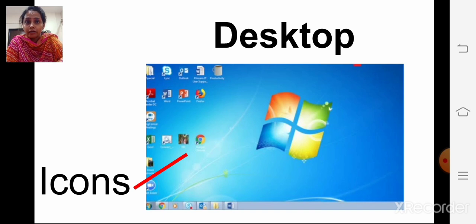When we start a computer, we get the first blue screen, that is the desktop. You can see in the picture, and there are small pictures on the desktop. These small pictures are called icons. We have done this in this lesson. Do you remember desktop and icon?